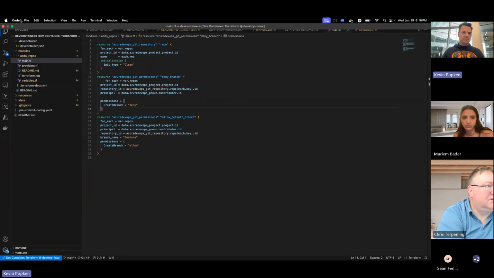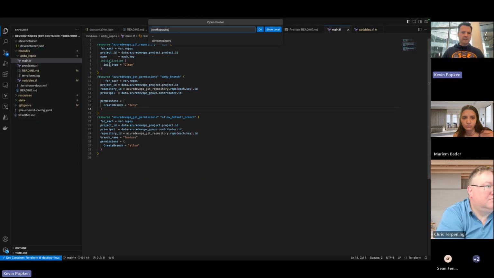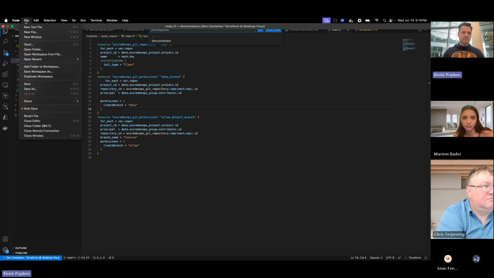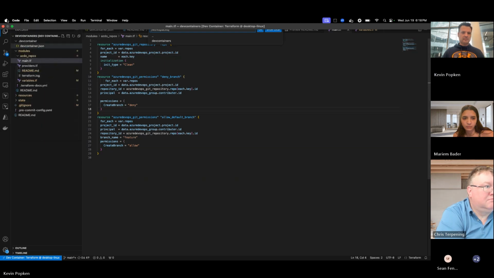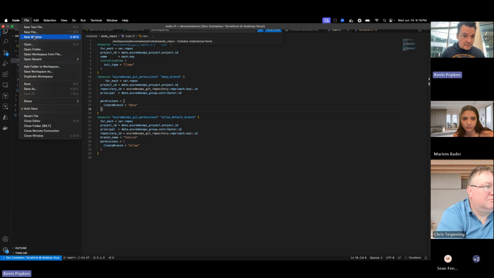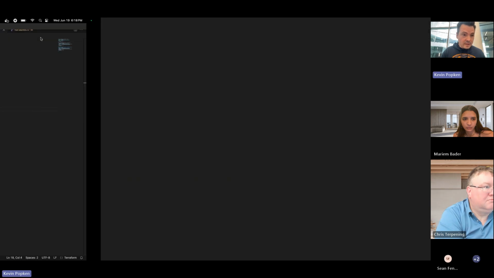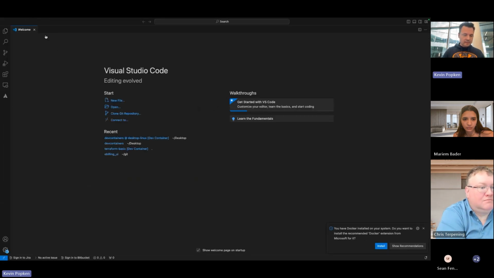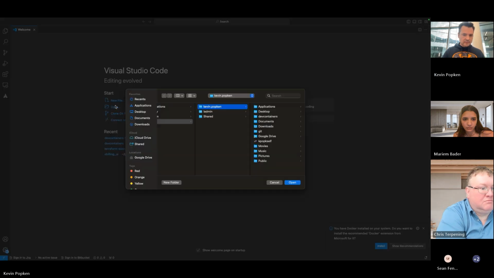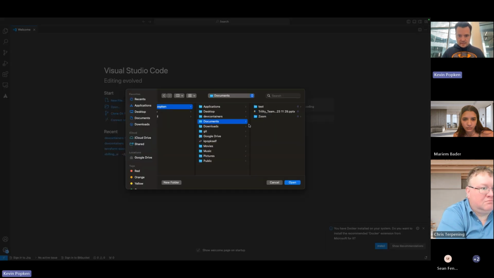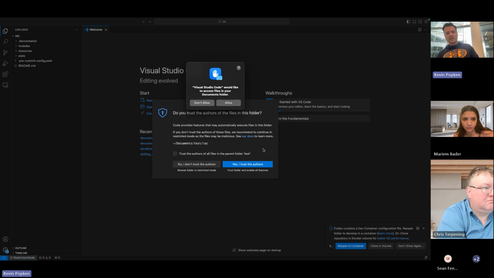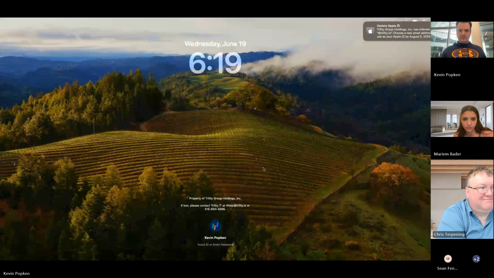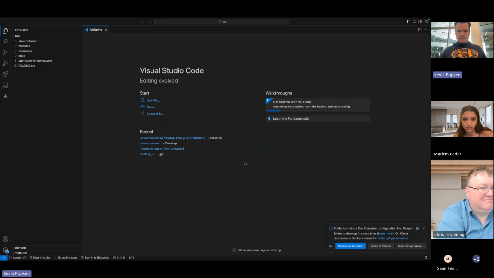Let me see here, I'm going to open folder, and then go to, where is it doing here? File, new window. All right. Okay, documents, and we're going to go to test. Okay, so I'm going to go ahead and open this repository here. Trust, please. Whoops. Just trust the authors. Okay, now that we have it,